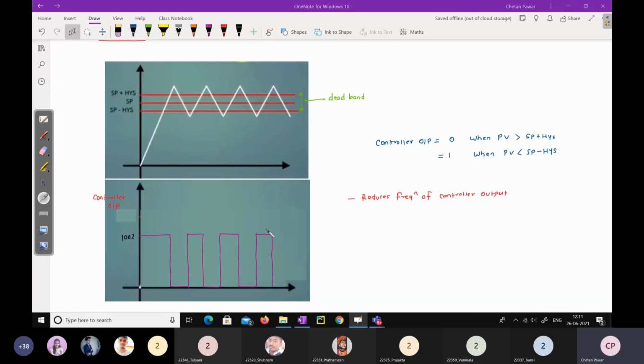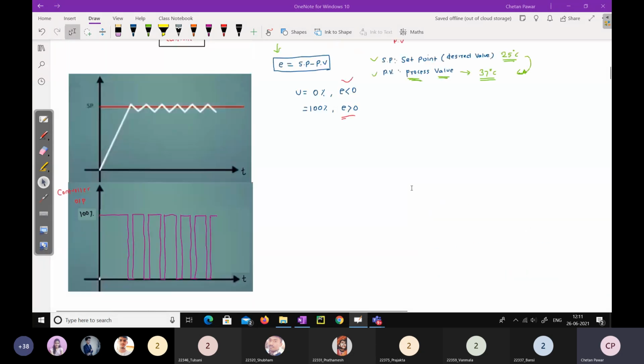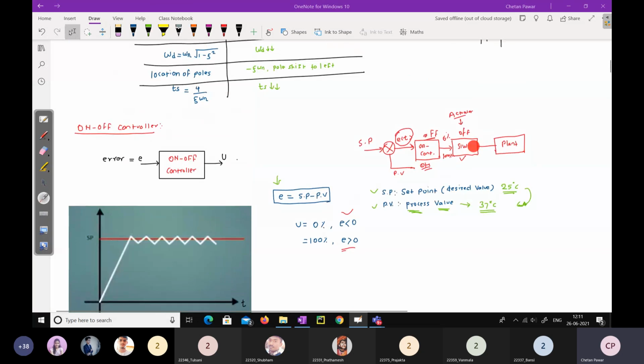So because of this, what will happen to the output switching frequency? Oh, sorry, the output switching frequency will decrease here, right? Because of that, this switch can operate correctly. Or any device, I am just giving the example of a switch. It may be an actuator which is controlling the plant, or any plant component.